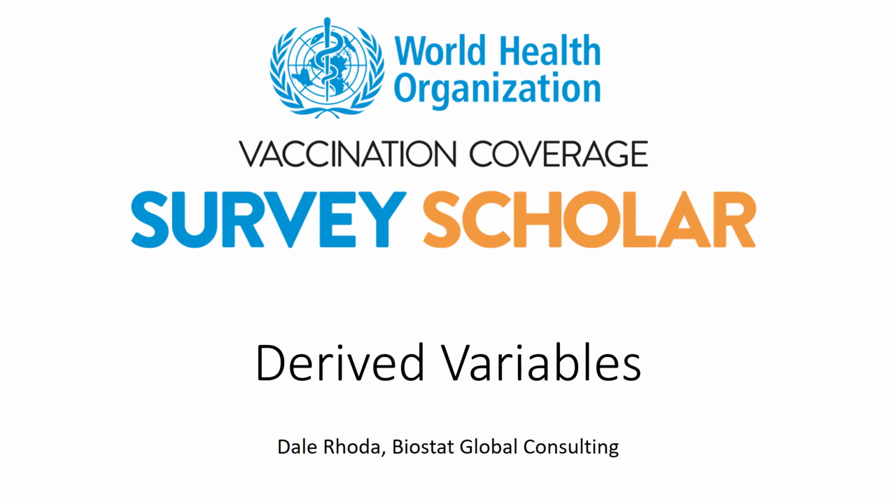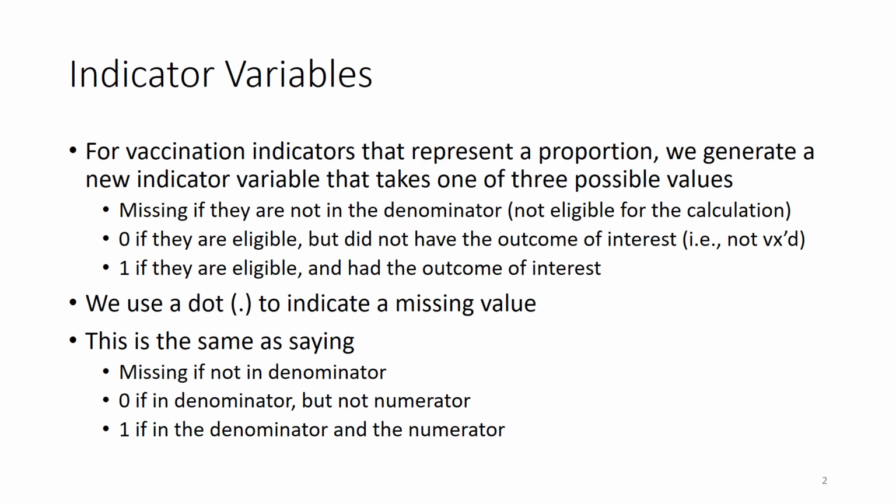vaccination coverage survey analysis. When we calculate coverage, we start, of course, with the variables that come with the survey. We clean the data set. We're going to talk about weighting the data set. We assign the weights to the data set. And then to calculate the indicators that represent a proportion, we generate a new variable, an indicator variable, for every